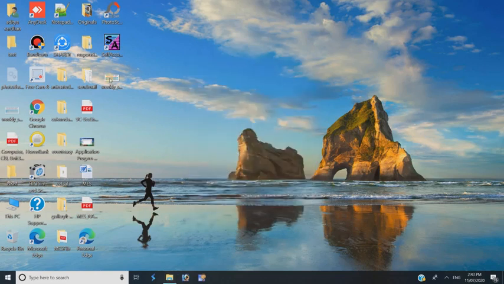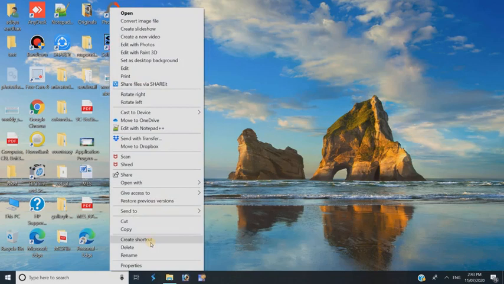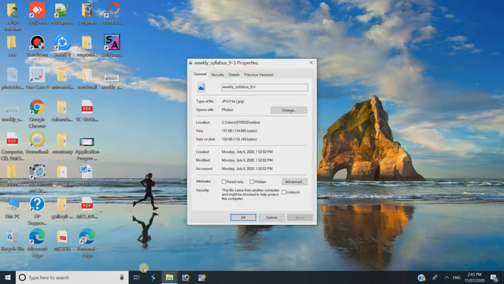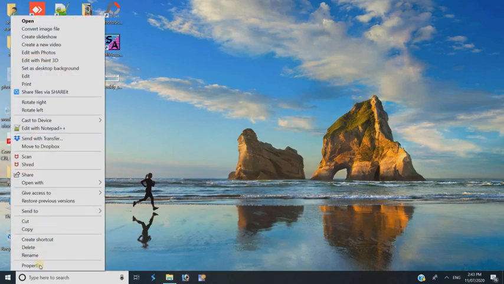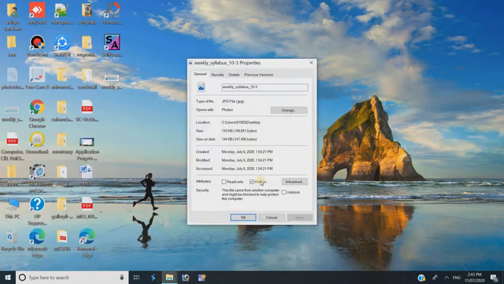Same way I have to apply onto the weekly file folder, weekly file. This is the file, sorry, yes, perhaps this one was the file which was hidden. Right click here, bring the mouse pointer near to Properties. Now you are looking here, Hidden is selected, so uncheck the box and Apply.